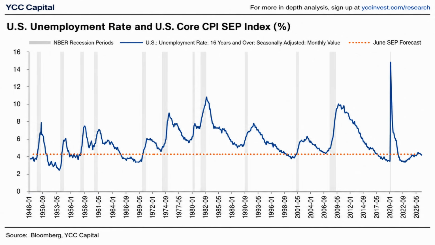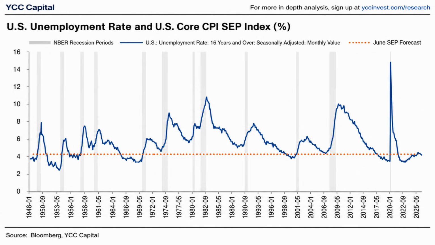The dotted line highlights the unemployment rate broadly consistent with a 2% inflation environment, and current readings remain very close to that benchmark. This tells us something important. The labor market is no longer overheating, but neither is it collapsing. Instead, the economy appears to be transitioning toward a more balanced equilibrium, where labor demand and labor supply are gradually moving back into alignment. This is precisely the type of adjustment policymakers hope to achieve without triggering a recession.